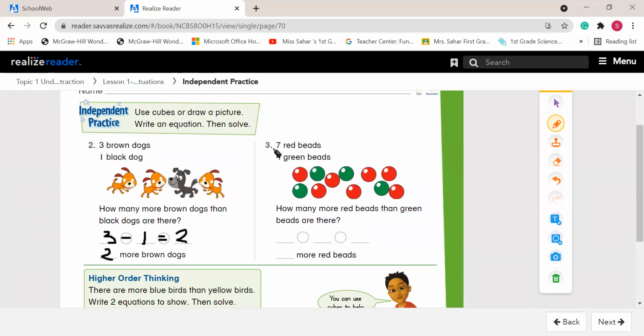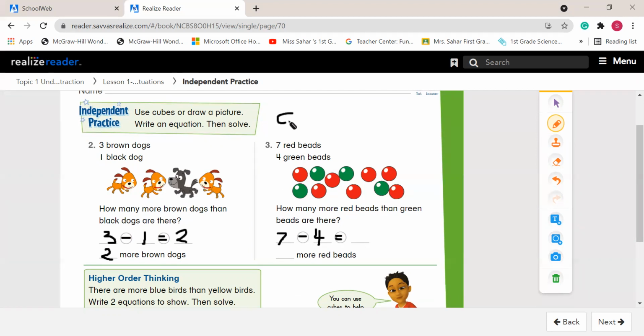Okay, let's go for number 3. Red beads and green beads. We have 7 red beads and 4 green beads. How many more red beads than green beads are there? How many we have? Red, 7. I'll put my big number first. First addend comes first because it's subtraction. Minus, how many green? 4 equals,